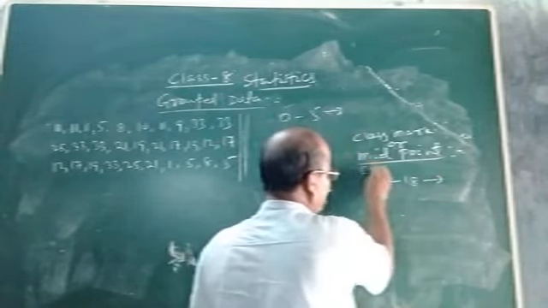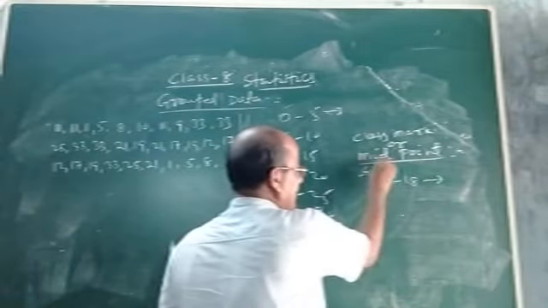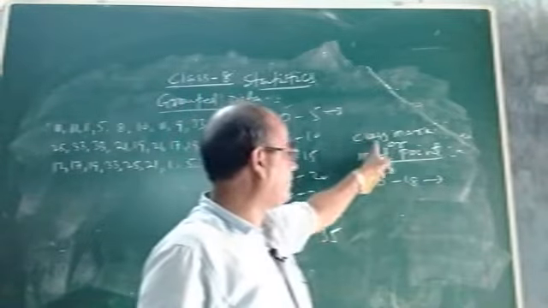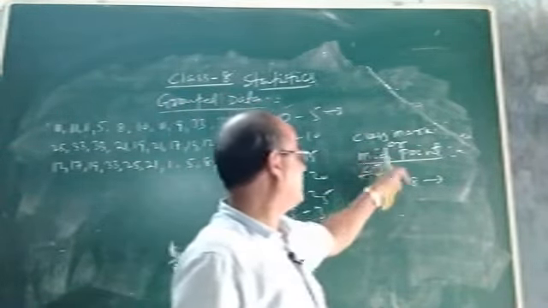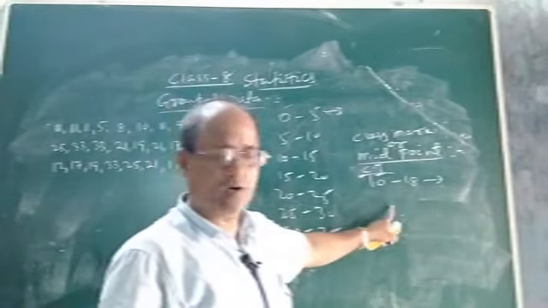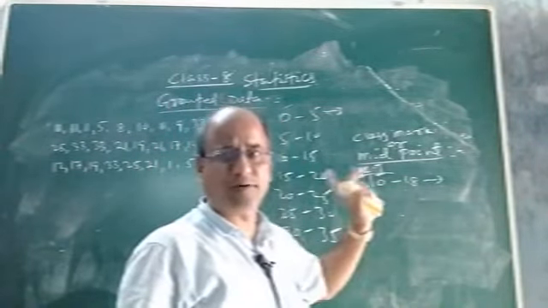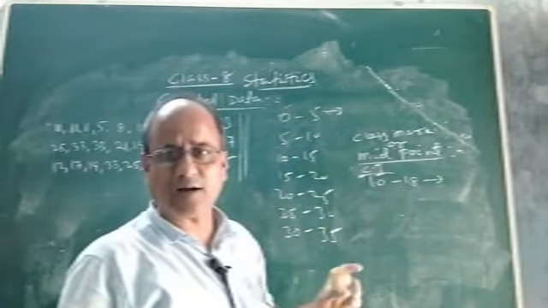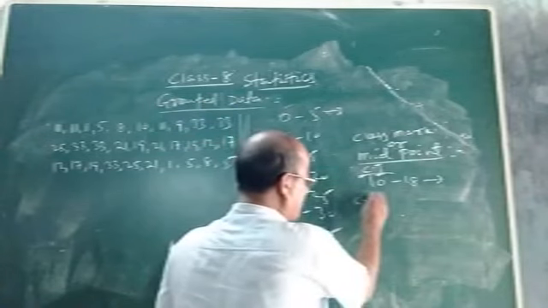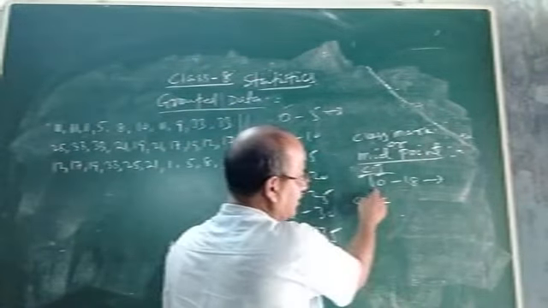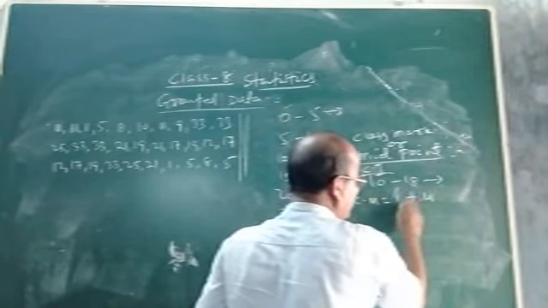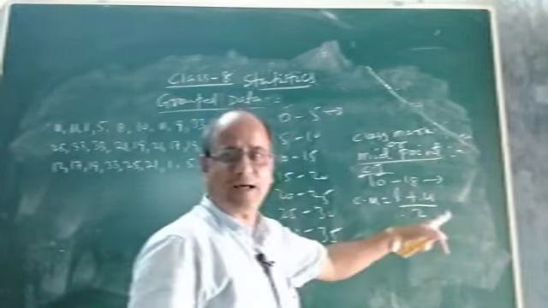This is a class interval, CI, or group data. Now if I ask you, find the midpoint or class mark of this class interval, how to find it? Width or size, I told you, subtract the lower limit from the upper limit. Now how to get the class mark? Class mark is otherwise known as midpoint. So the formula for class mark, CM, equals lower limit plus upper limit, L plus U, divided by 2.